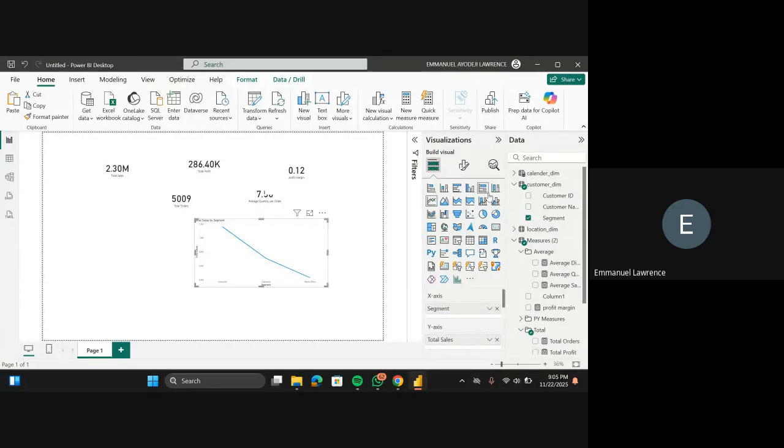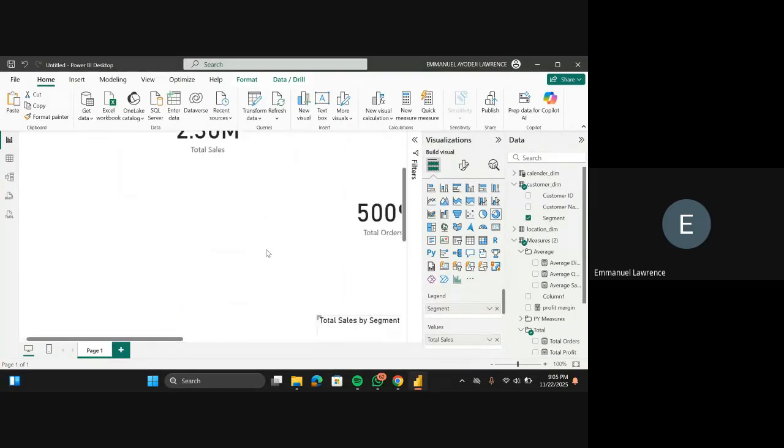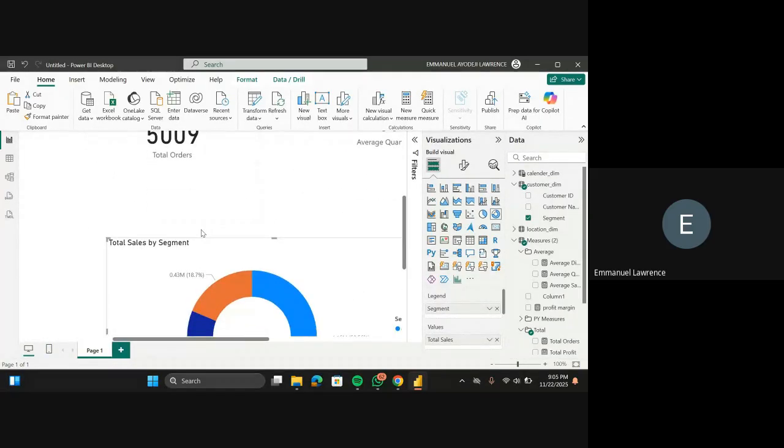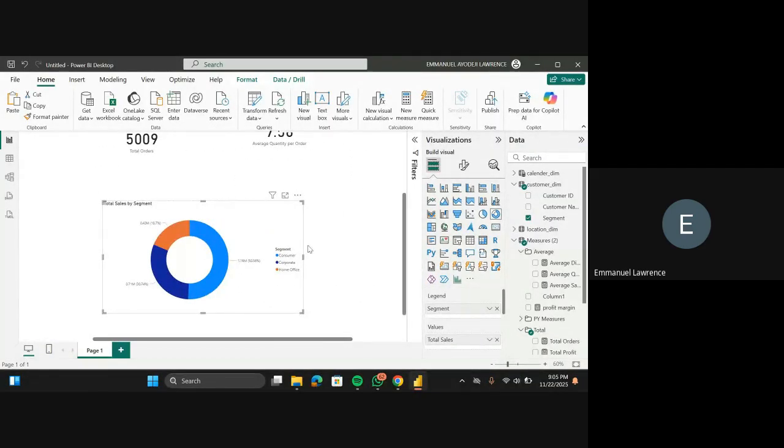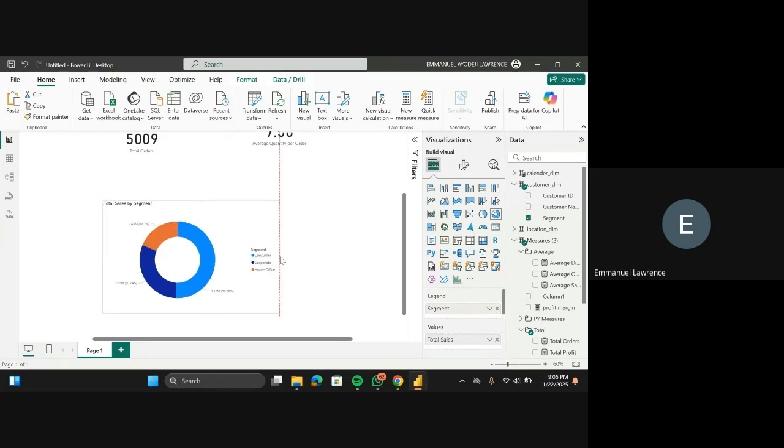So I said we're going to be using a donut chart for this because we're trying to show a part-to-whole contribution. Now looking at this, you can easily understand that this is my legend here, this blue here represents consumer. Let me zoom it so that you guys can see this well. All right. So now looking at this well, we can see our consumer with this color, corporate with this color, home office with this color, and I can easily tell the sales by customer segment, which is 1.16 million. Very easy to navigate and easy to understand. So don't just use any other chart for your visual.